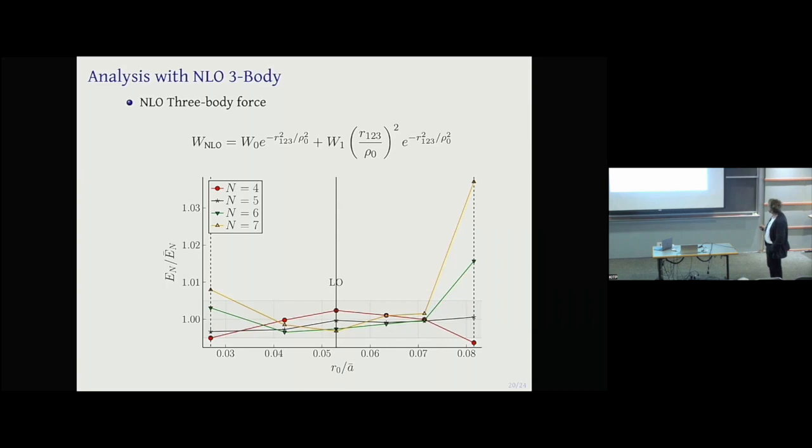So I give myself this possibility, and now I have a few parameters still to play with, and I tried to see if with these parameters I can describe my system up to this next-to-leading order, simple-minded description. And the fact is that in principle, I can. So I can find parameters in order to describe, at least up to 7 particles, the system inside this 5 per 1,000 precision.